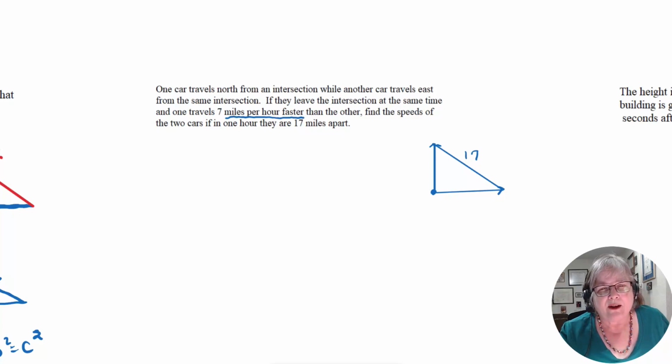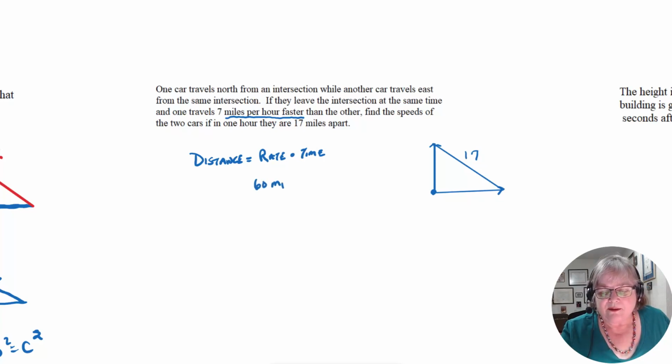So if they're saying faster or slower, they're talking about speeds. How fast are you traveling? And you know that the distance that you can travel is equal to your rate or your speed times your time. So that if you were traveling 60 miles an hour for 2 hours, 60 miles per hour times 2 hours would be 120 miles, right? So if this is 17 miles that they're